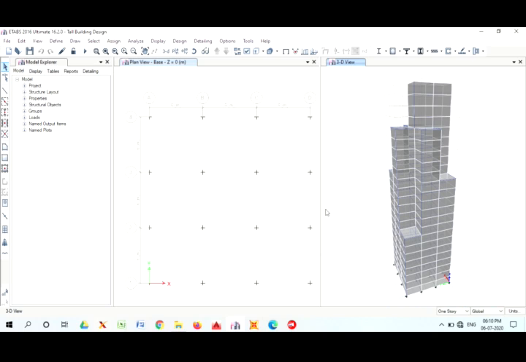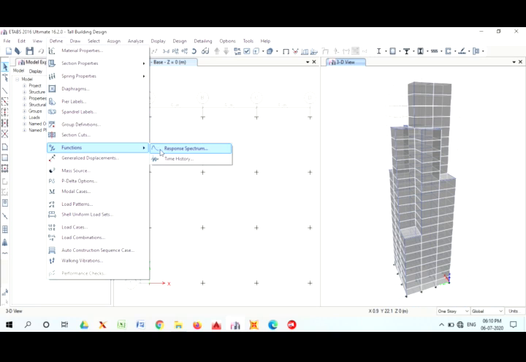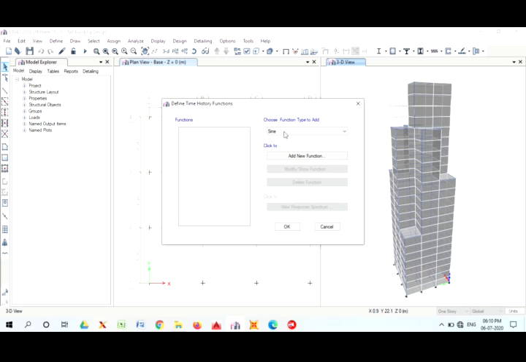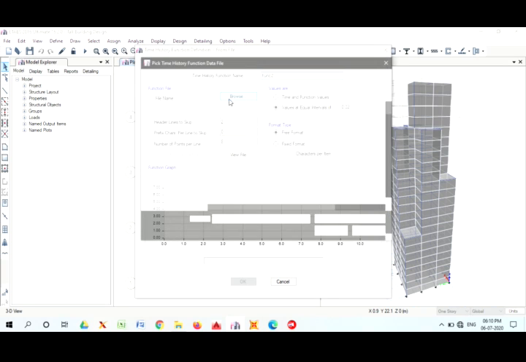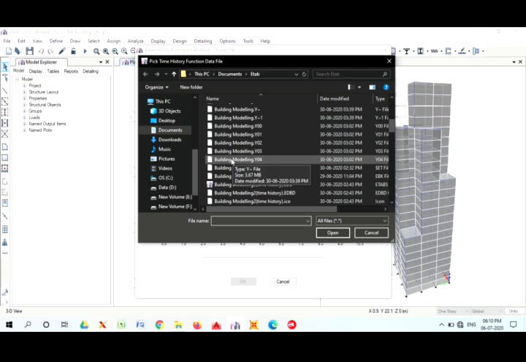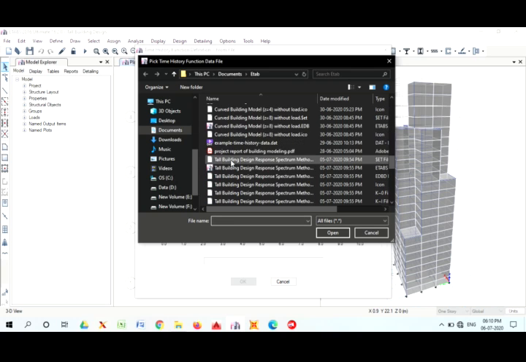Now add the seismic time history method on the building model. Go to Define, Function, Time History, choose From File, click on Add New Function, browse for the time history. I will choose the earthquake in Bhuj 2001.